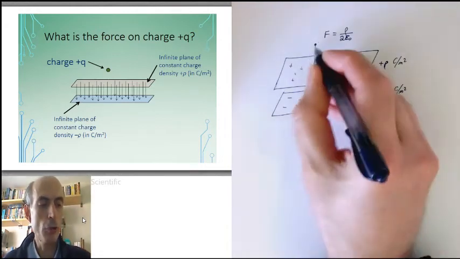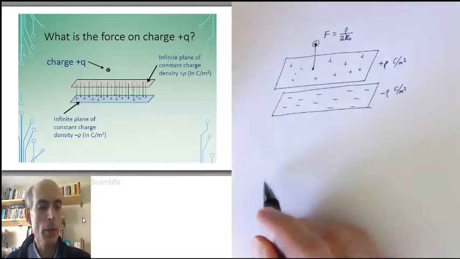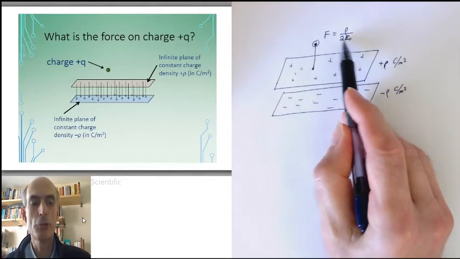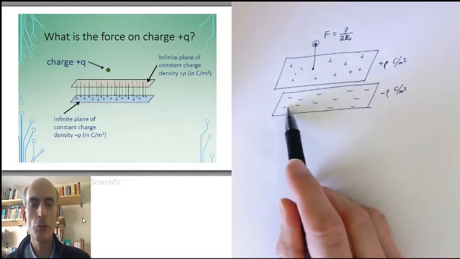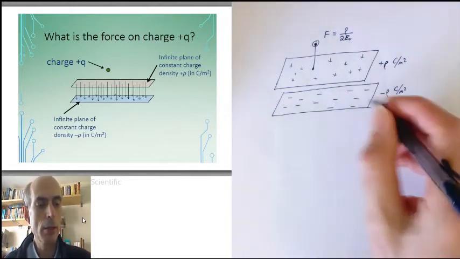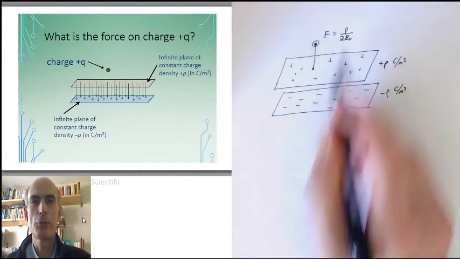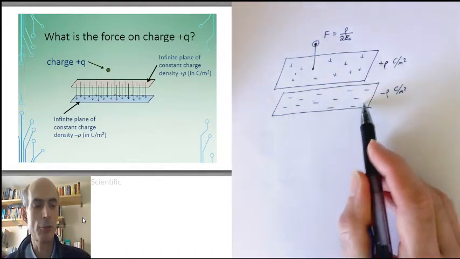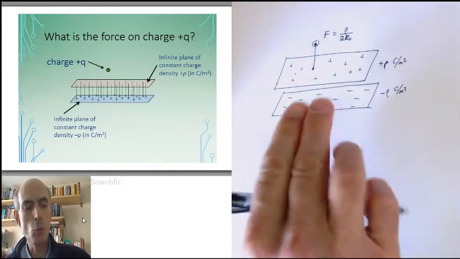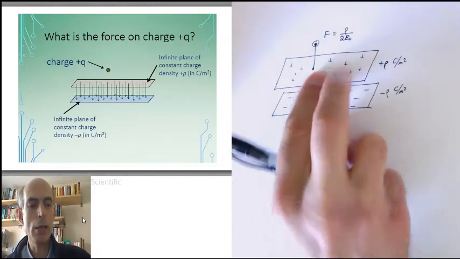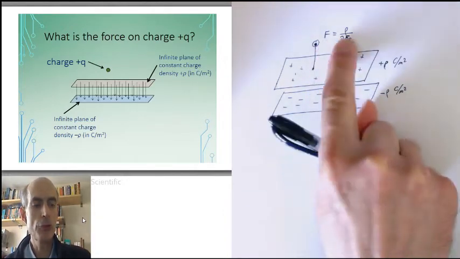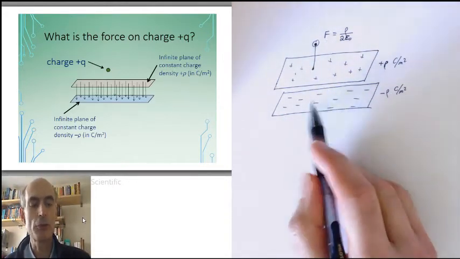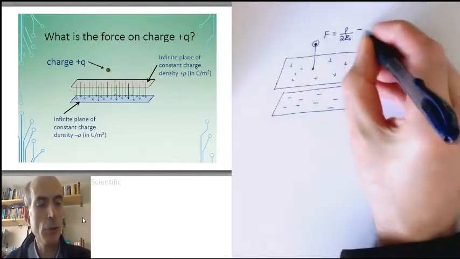What is the total force on a particle now? Well, the total force due to this top plate is just rho over 2 epsilon naught, but the total force due to this bottom plate will be minus rho over 2 epsilon naught. It will be a force of attraction because this is a negative charge density. It will be pulled down towards this plate, but pushed up away from this plate. But since the force is not a function of the distance away from the plates, the force is equal and opposite in this case. Net result, the force would be